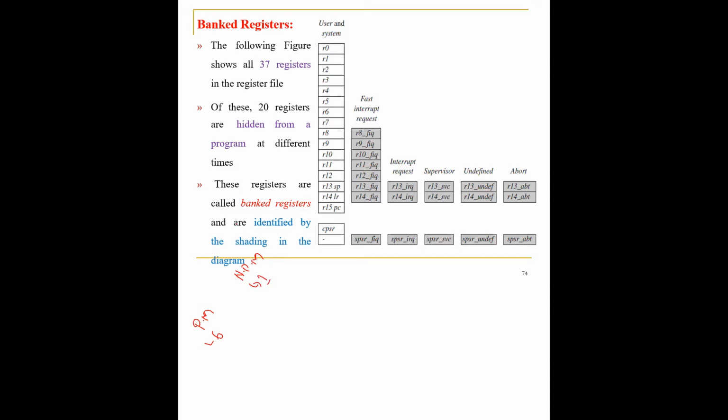So banked registers are those registers which are identified during a particular mode. For example, let us say that my processor has got 16 plus 2 registers. Please understand, it has got only 16 plus 2 registers.